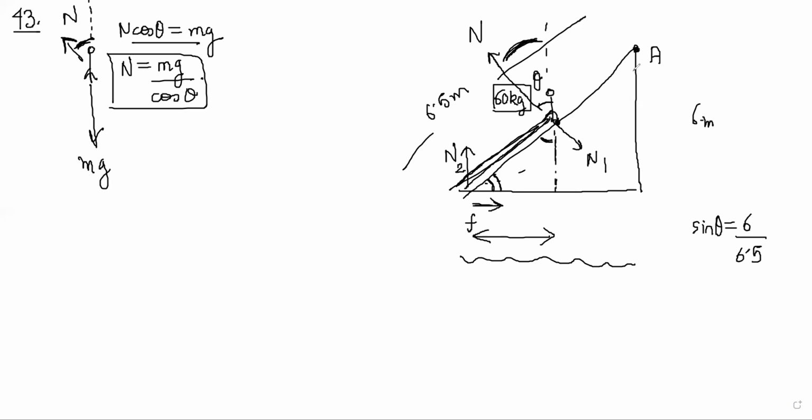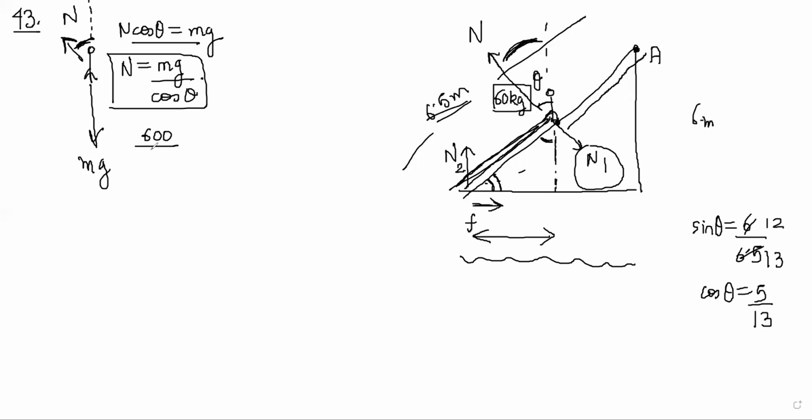So then you can find torque directly. This will be the torque of the same N, right? And torque will be due to this much distance, which is half of this, right? So mg is 600 by cos theta. So this is 12 by 13, so cos theta will be 5 by 13. Right?